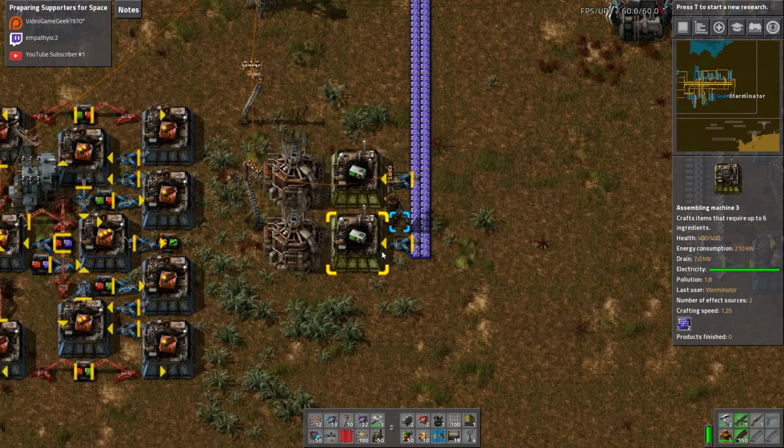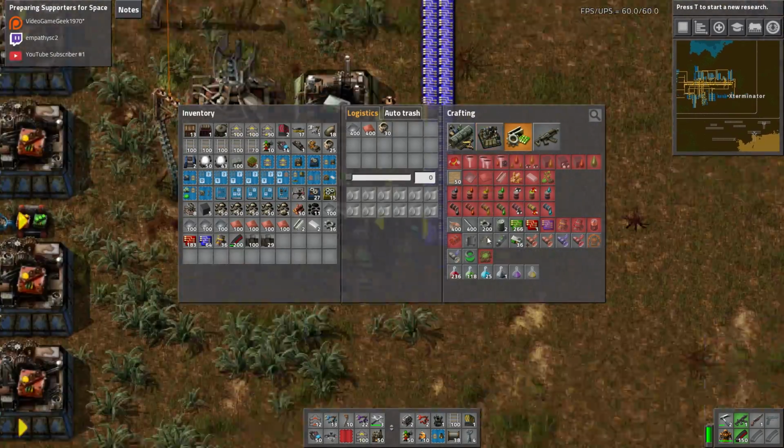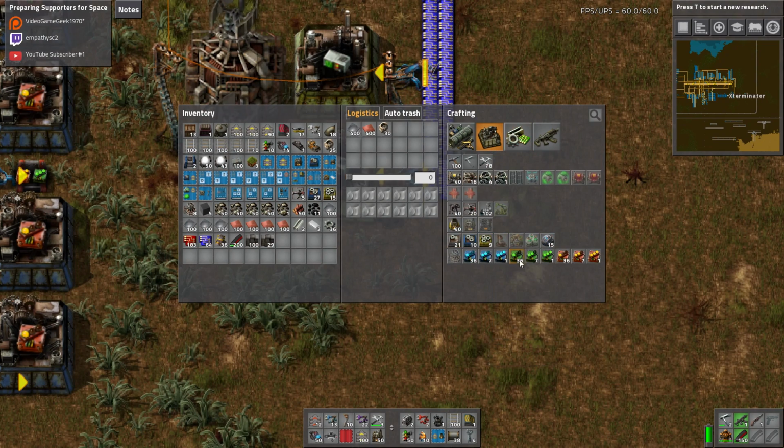you're going to be even better off, essentially. Now, I don't think some of this can be productivity. The speed modules can't be,